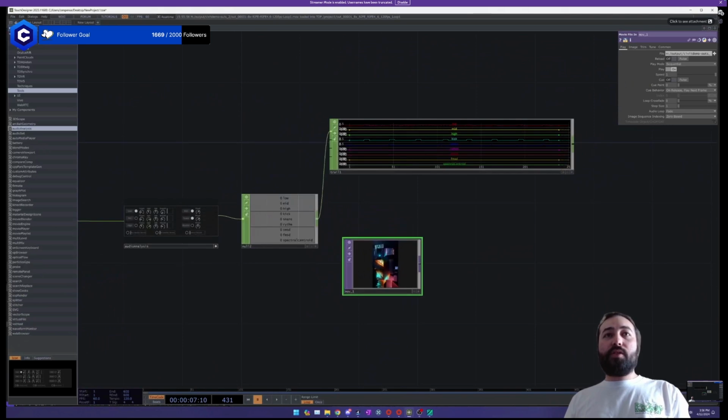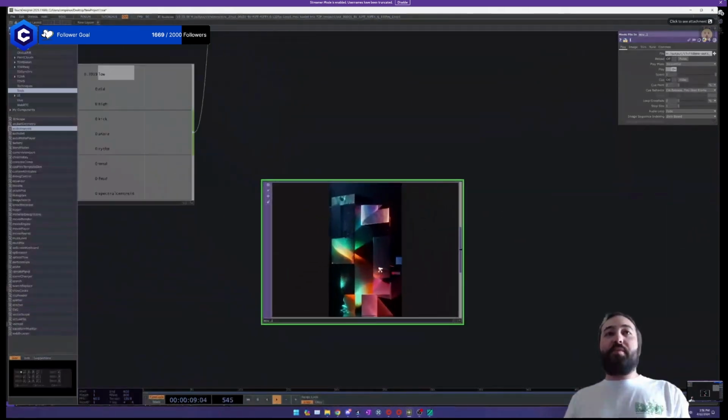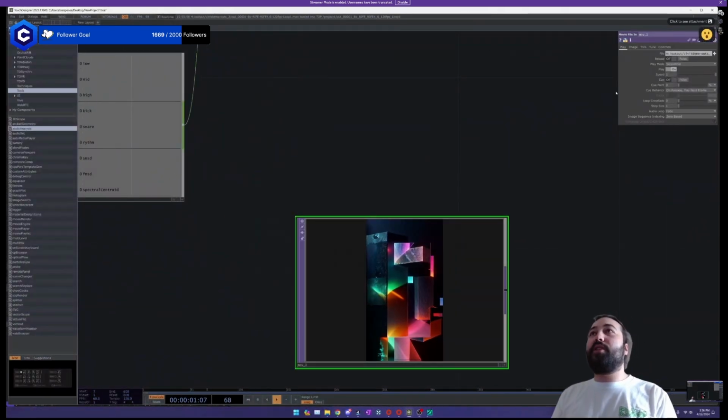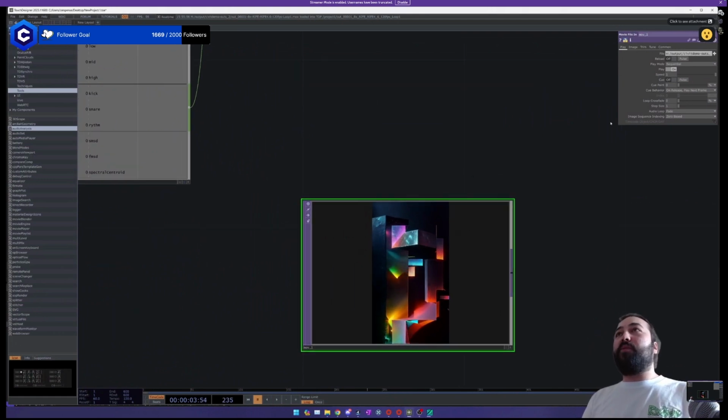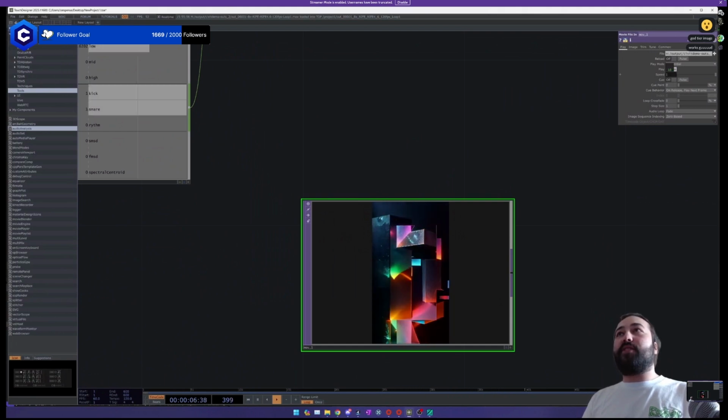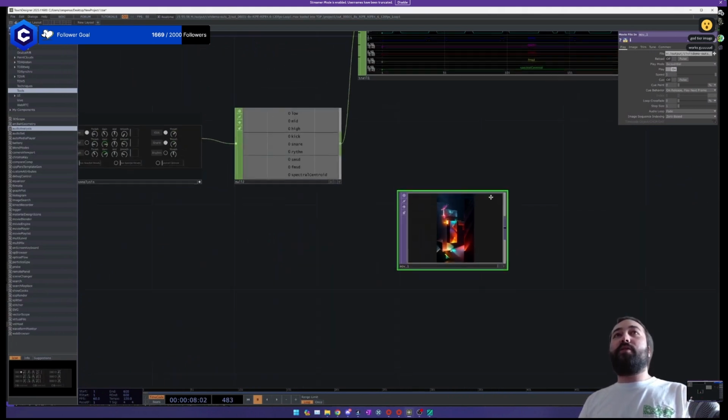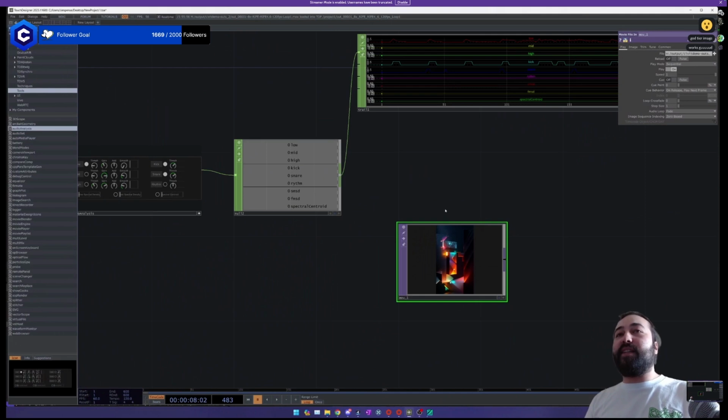Cool. So we hit play, and we can see it's moving at its normal rate. What we want to do is modulate the speed. Whenever we click on a node, we see the properties in the corner here, and we have a speed one. If we increase it, you can see it goes faster. So we basically want to map it so that whenever a kick is detected, it speeds up and then comes back down, so we're moving through it with the beat.